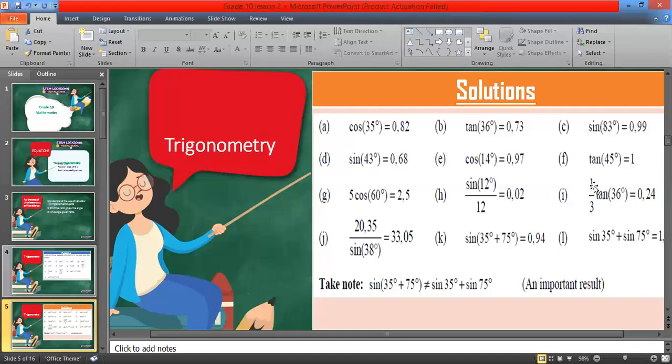We said use your fraction button for 1 over 3, then multiply by tan 60, or simply you can just put 1 over 3 tan 60 degrees, and you get 0.24. The same thing applies to this. And as well, if you have this, you punch it the way it's written: sine 35 plus 75. That should give you